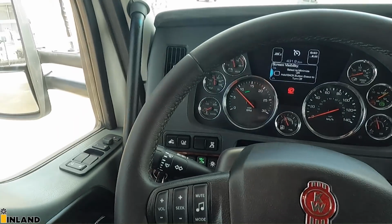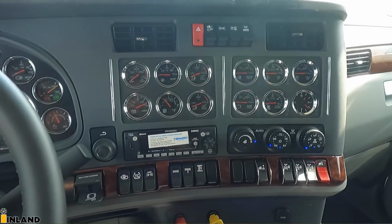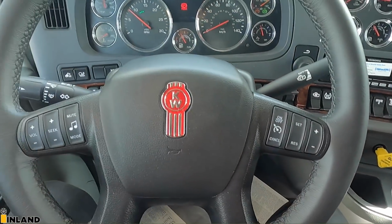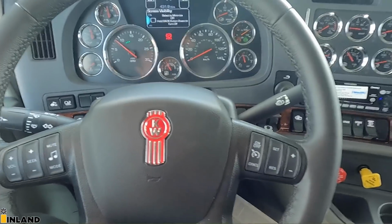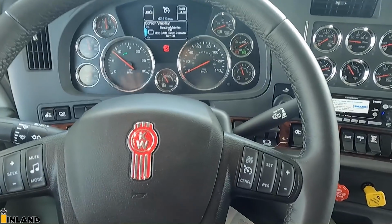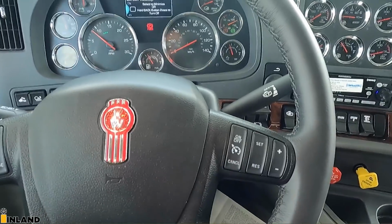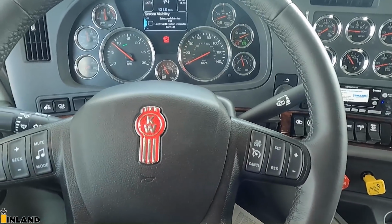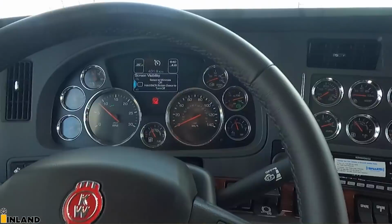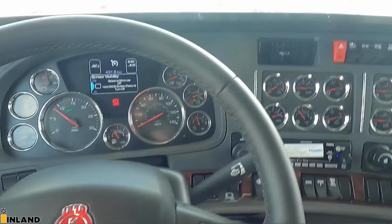All right, so looking at the dash here, we have the full dash, full gauge cluster all the way across with the leather wrapped smart wheel. So the whole idea behind me speccing and building this truck was to order a flat top slash mid-roof, fully loaded exterior, fully loaded interior for flat deck haul is what I wanted to do. So, all right, as far as the rest of the spec is concerned, what we got on the inside here,